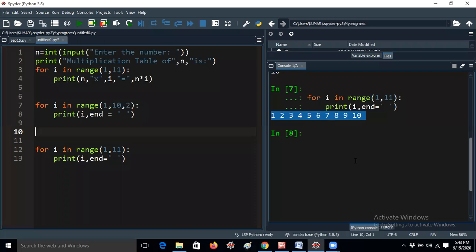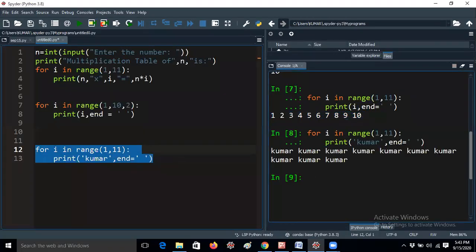Yes, very good, Venkatrao. So you can do this in 2 ways. You are telling me to change the i, but don't change the for i, because that is just a looping variable. So let me write here Kumar in double quotes or single quotes, whatever it may be. Let me run it. I'm getting Kumar 10 times now. You can check.